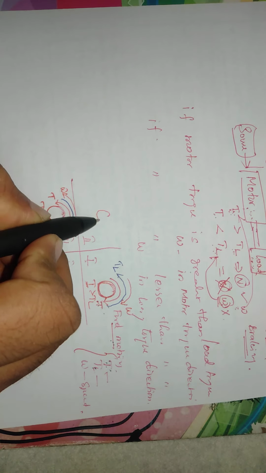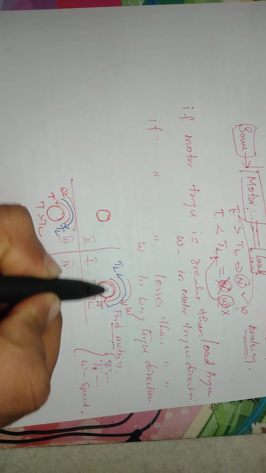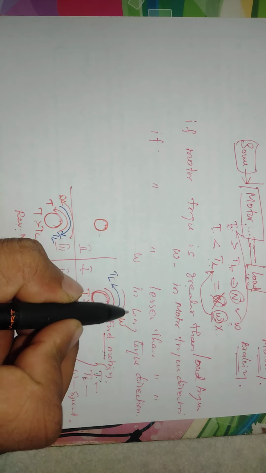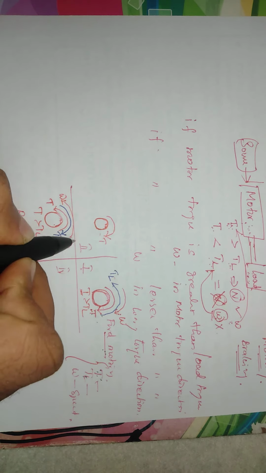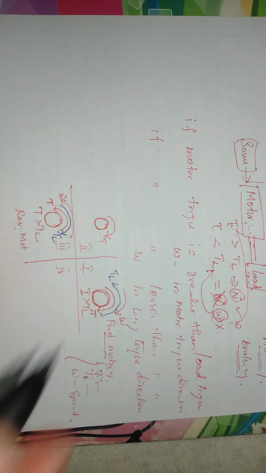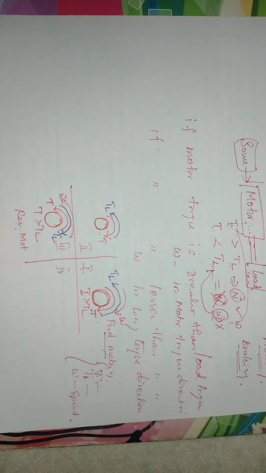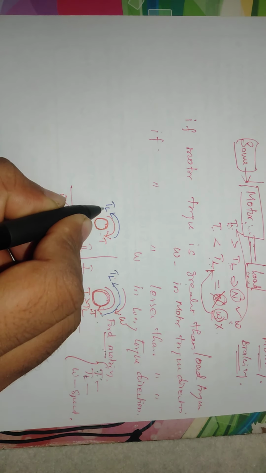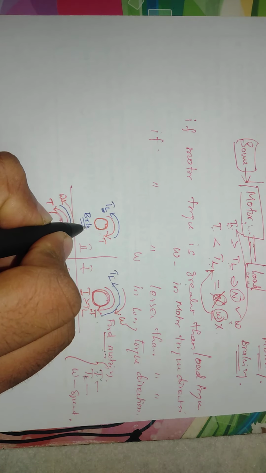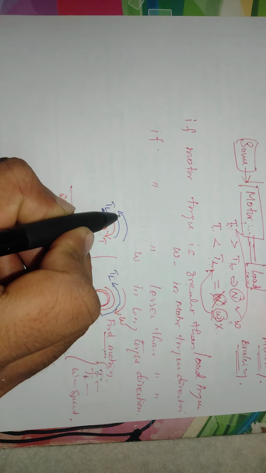And for braking, we can identify it simply here. Here the motor torque and load torque are in the same direction, because here it is forward direction of motoring, with the speed in the opposite direction to the load torque. And here braking is there. Braking in the sense here the load torque has the major part. Load torque is the maximum one, so only braking will be applied. If the load torque is maximum, the speed will be in that direction only.